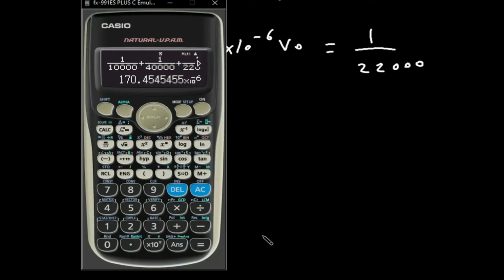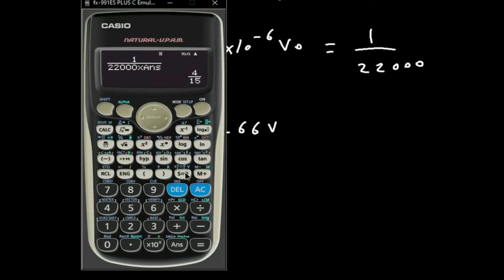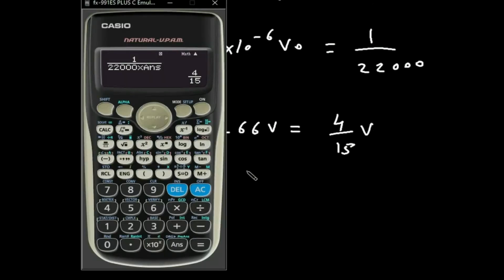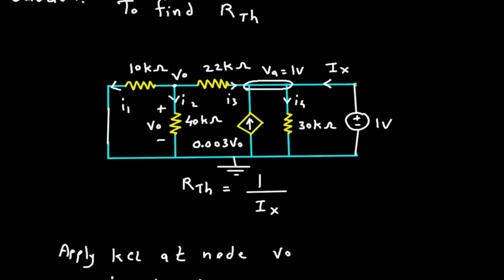So this will be 1 divided by 22,000 into answer. So this will be 0.266. 0.266 volt is the value of VO. For more precise, we will write 4 by 15 volt. Now we have the value of VO. From this we can find the value of Ix. So Ix will be equal to